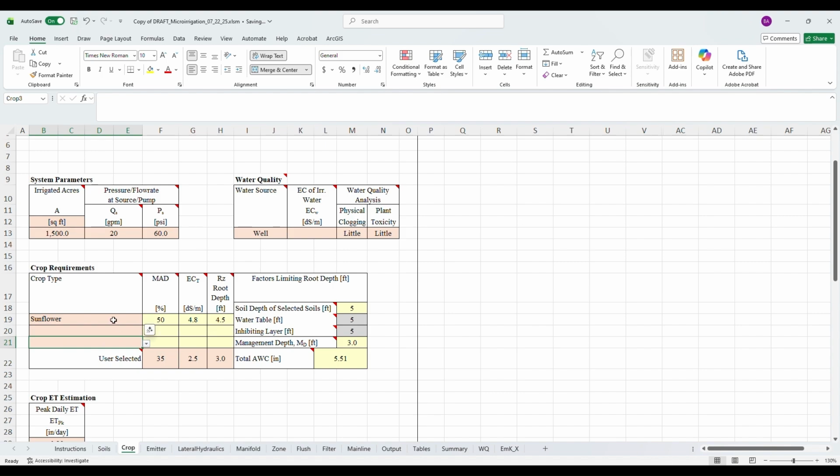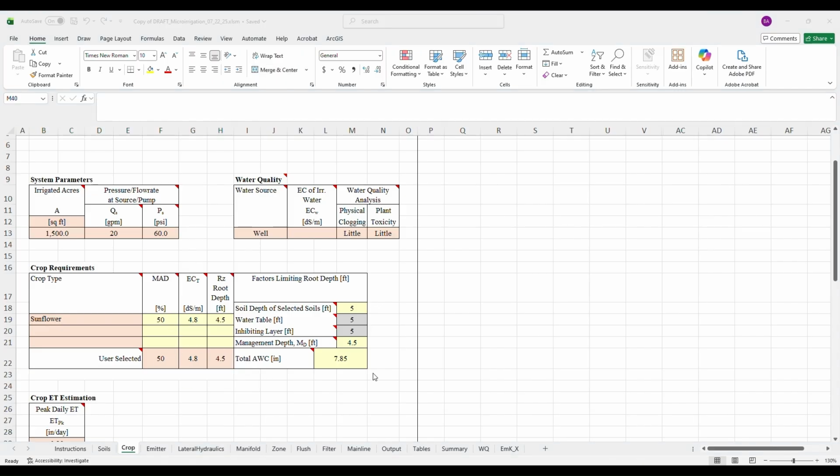And then down here, if you did have multiple plants, you're going to select what you're designing to. So you would select maybe your most limiting plant, or whichever one you're going to have majority of, or maybe you complete multiple of these spreadsheets if they're operating on rotations from year to year. So in this case, we only have one crop type that we're considering, so we'll just put all of that